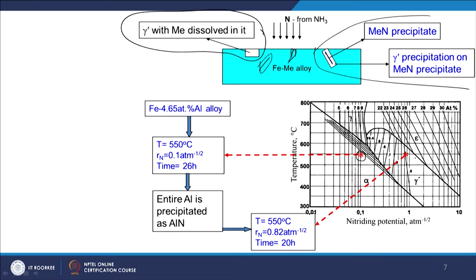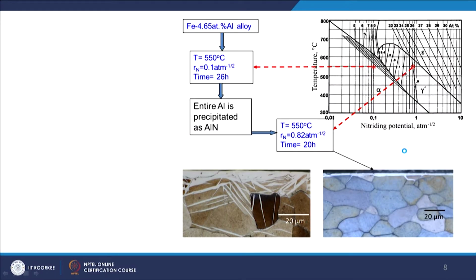That is what is actually done, and the outcome is, when you do this double nitriding, that means you nitride first in the ferrite region and then nitride the same sample in the gamma prime region, you see a microstructure again having a layer type growth of iron nitride. This is what we have seen in the case of pure iron also. Whereas if you do the nitriding directly, we saw this kind of unusual plate like growth of gamma prime iron nitride.